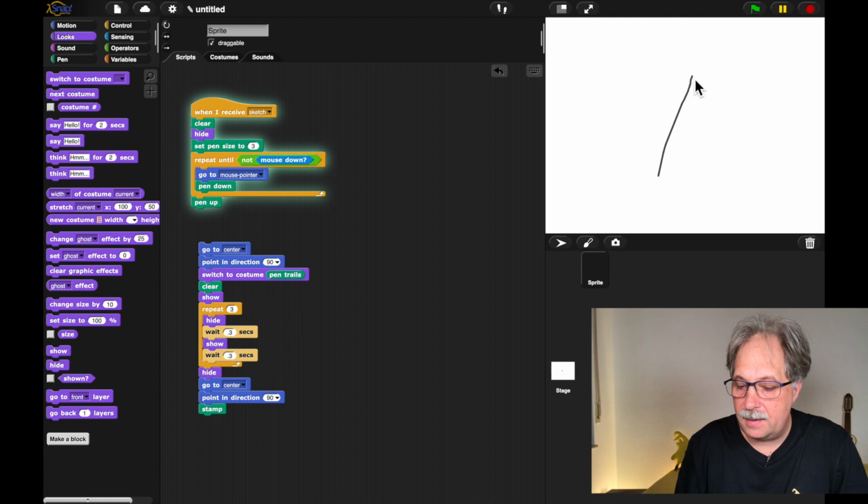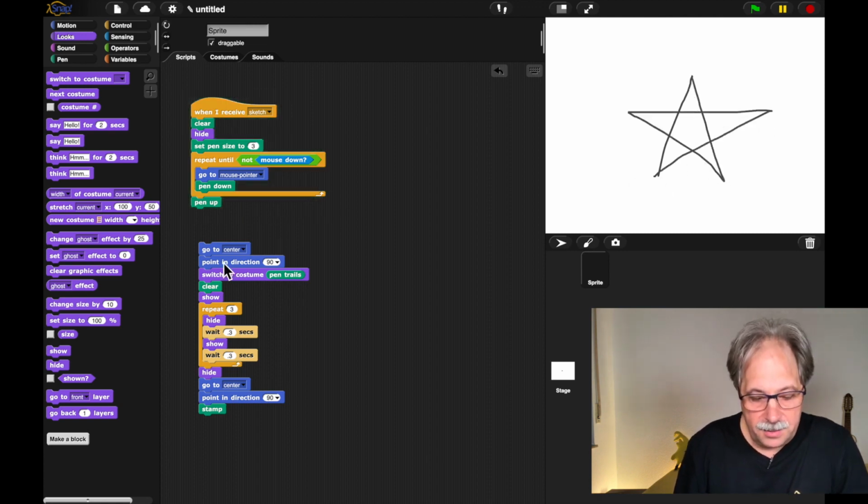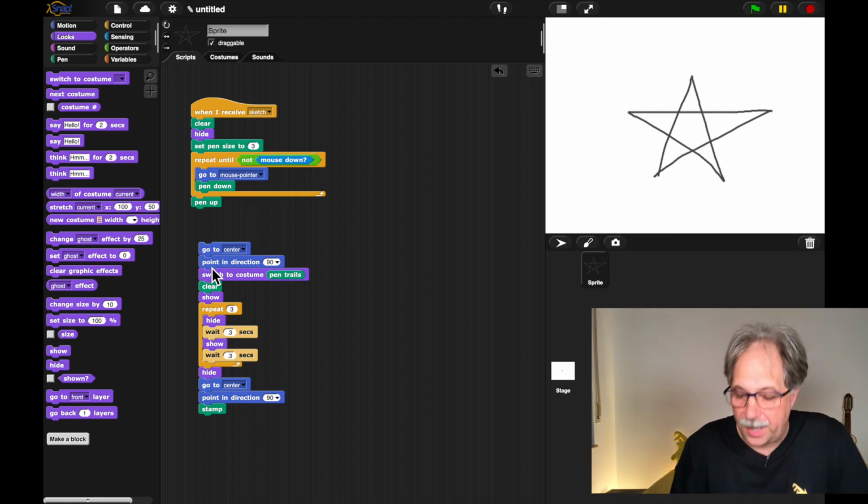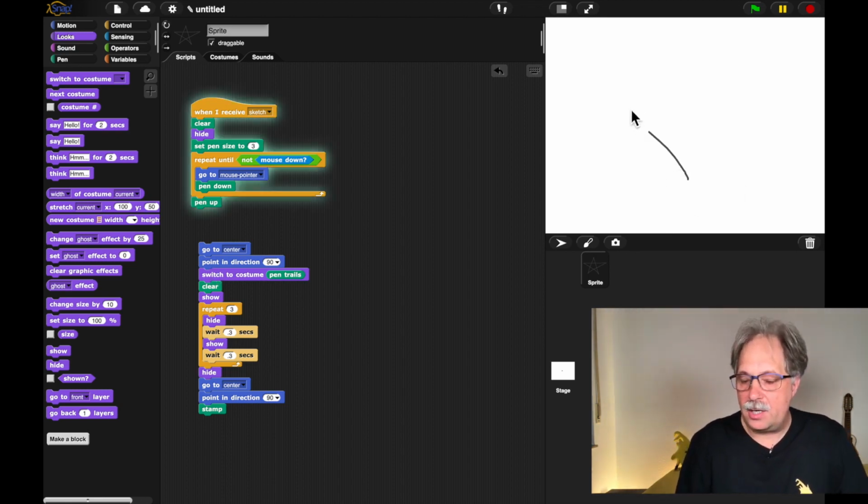Try this again. A star. Going to the center, switching pen trails. The star is blinking and it is restoring its shape again. Now I'm going to draw a heart,